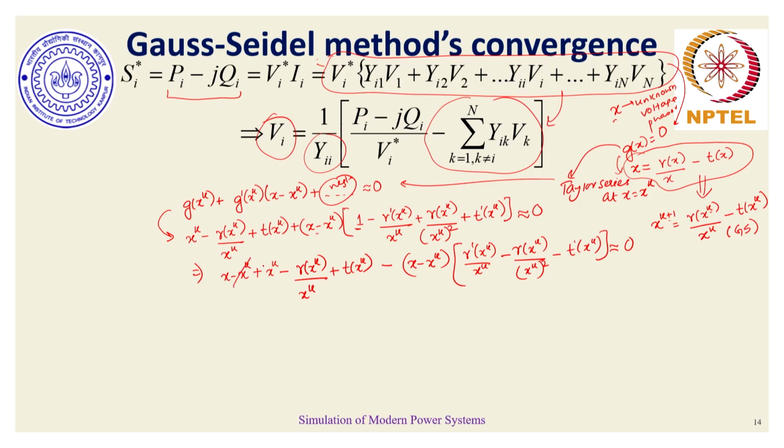So, xk gets cancelled, and if I closely match this with respect to this, then essentially it is nothing but